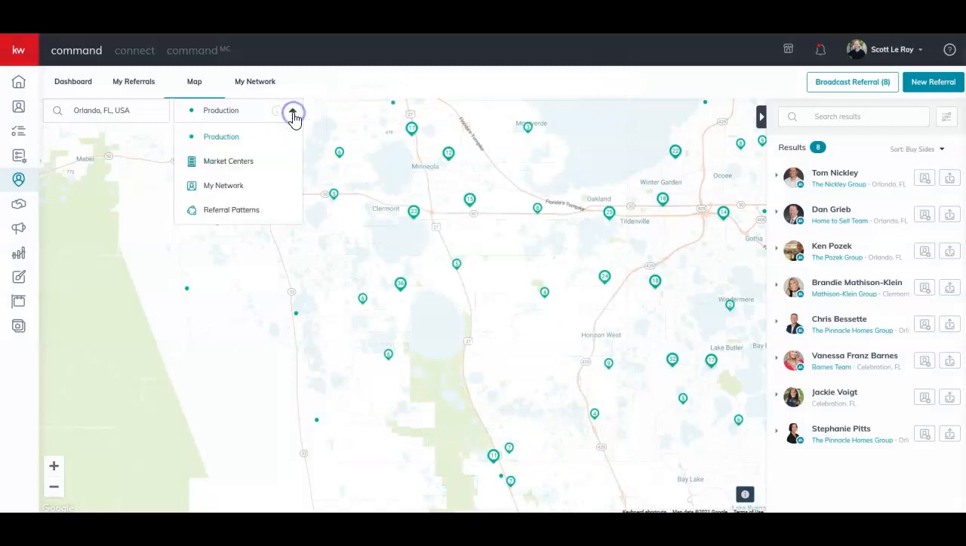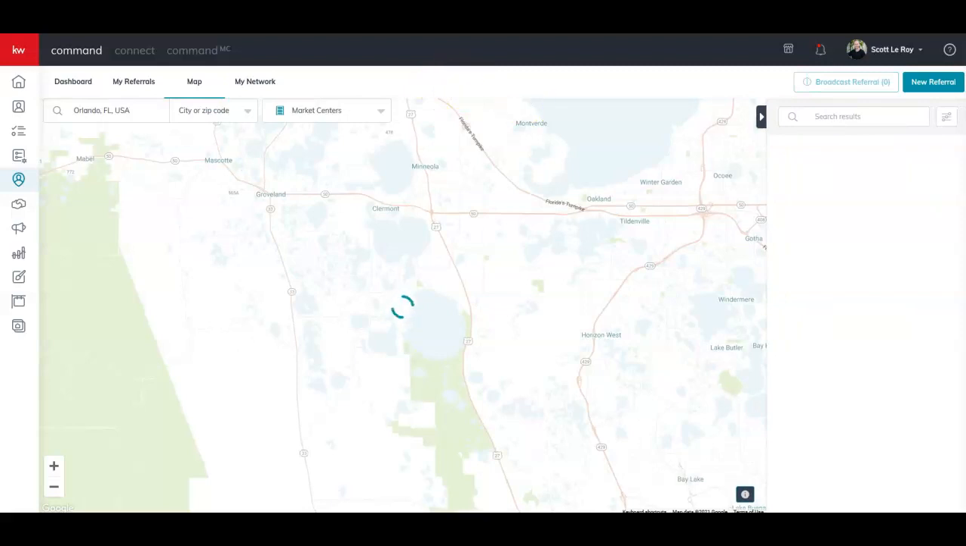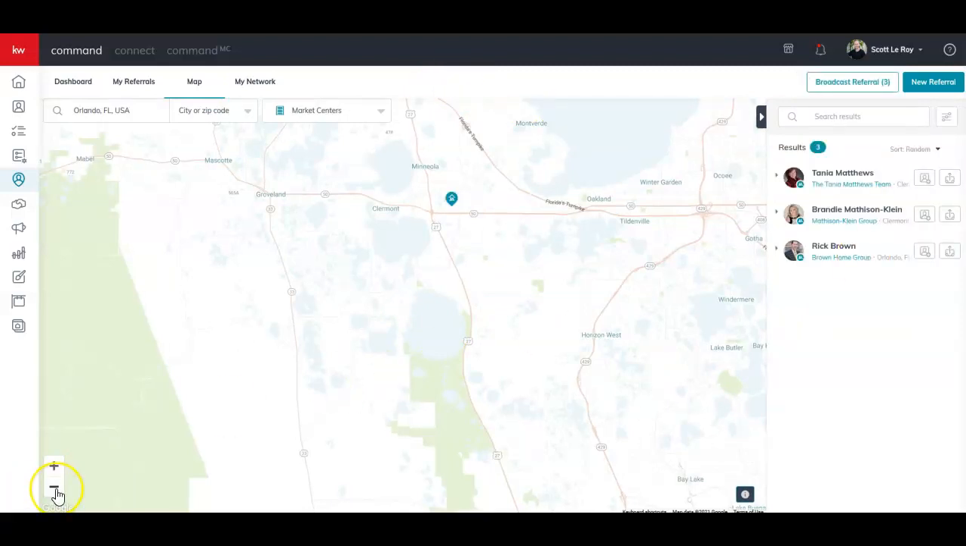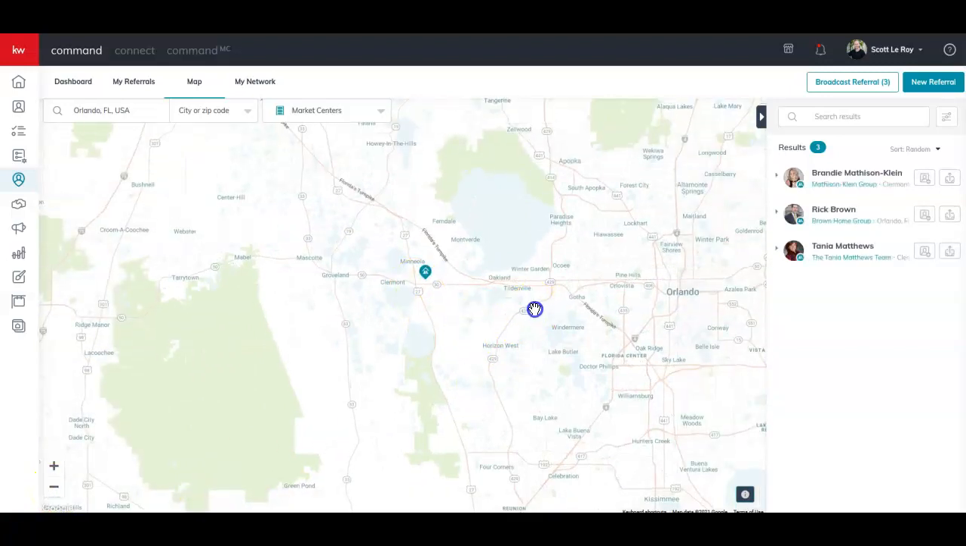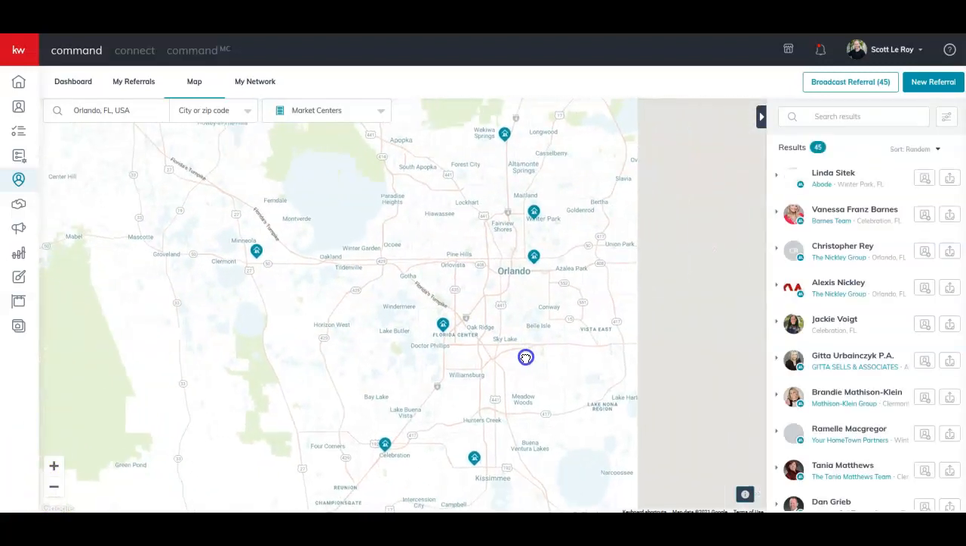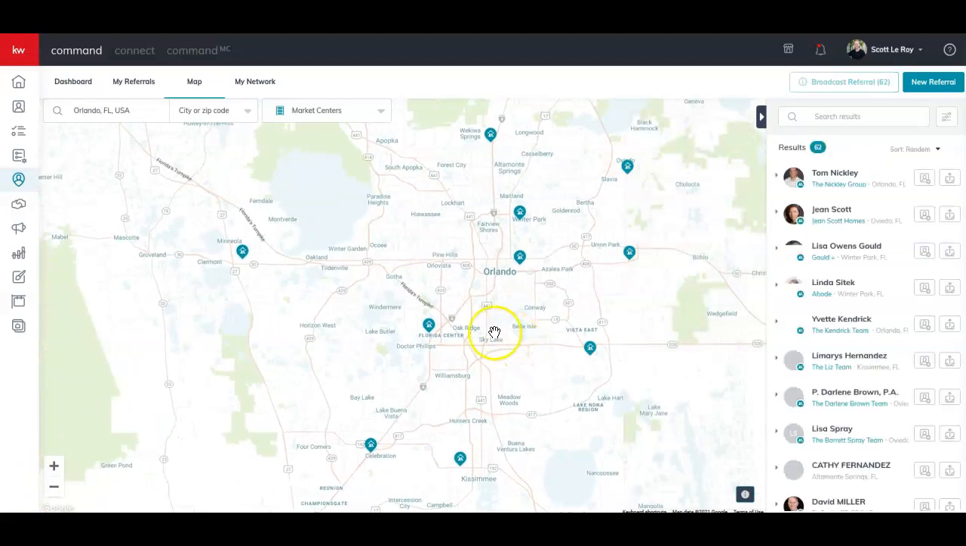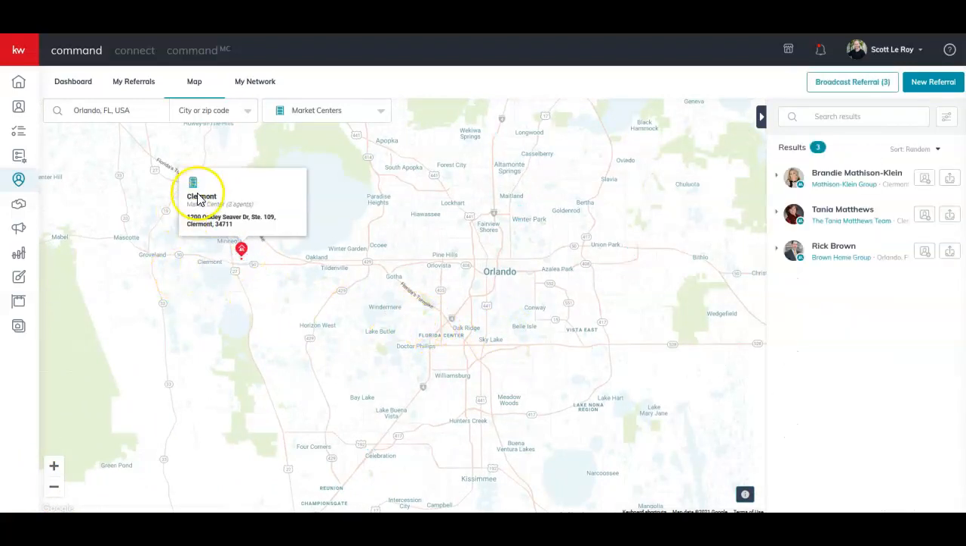The next view is going to be the Market Center view. Now you come up to the drop down, and that'll give you all the views that you have here. When you click the Market Center view, this is going to put a little icon, like a little house icon, and this is showing you all of the market centers in that area. When you hover over, it turns red, but if you click on it, it'll tell you the name of the market center, how many agents are in the market center, and the